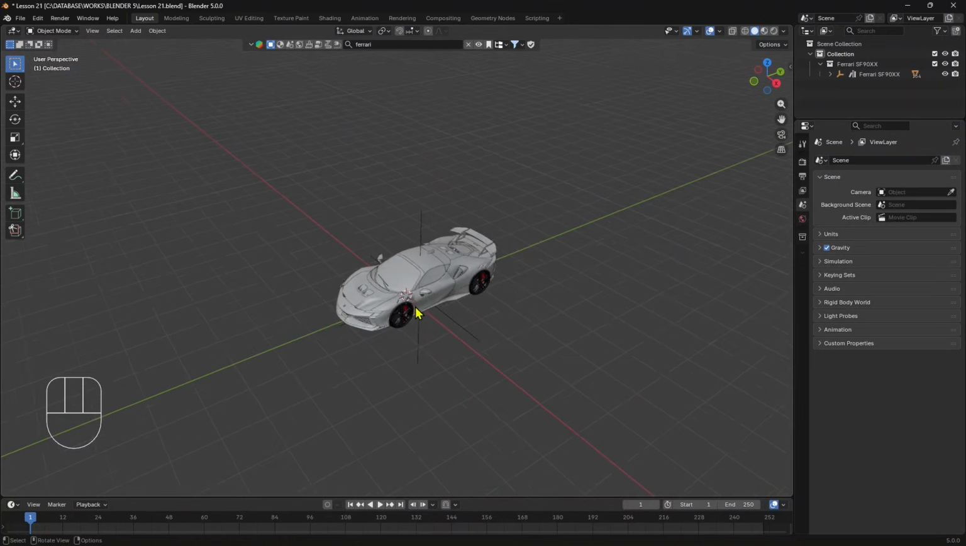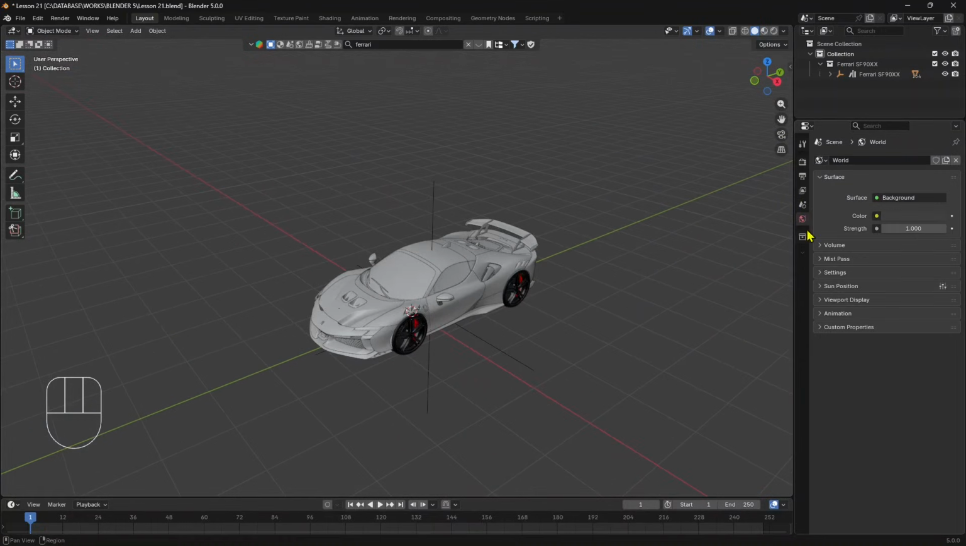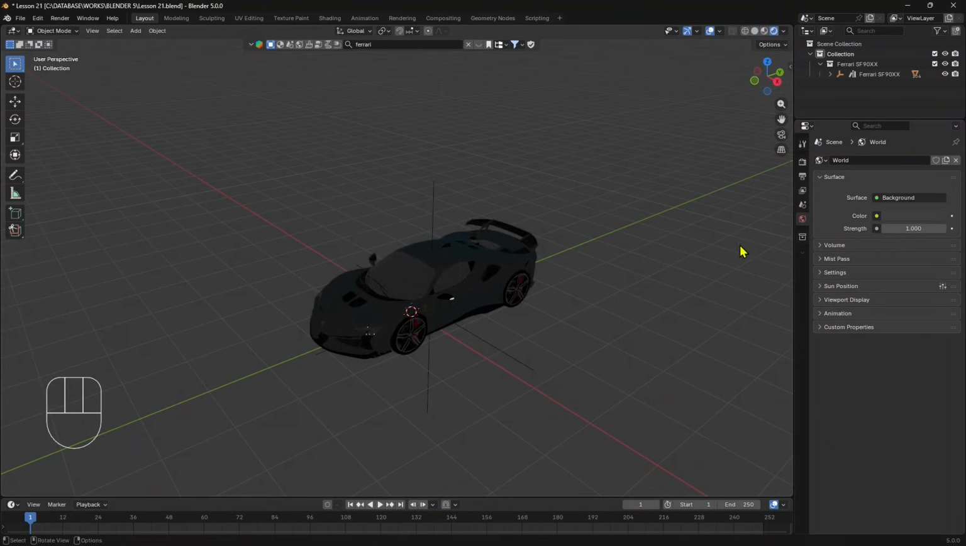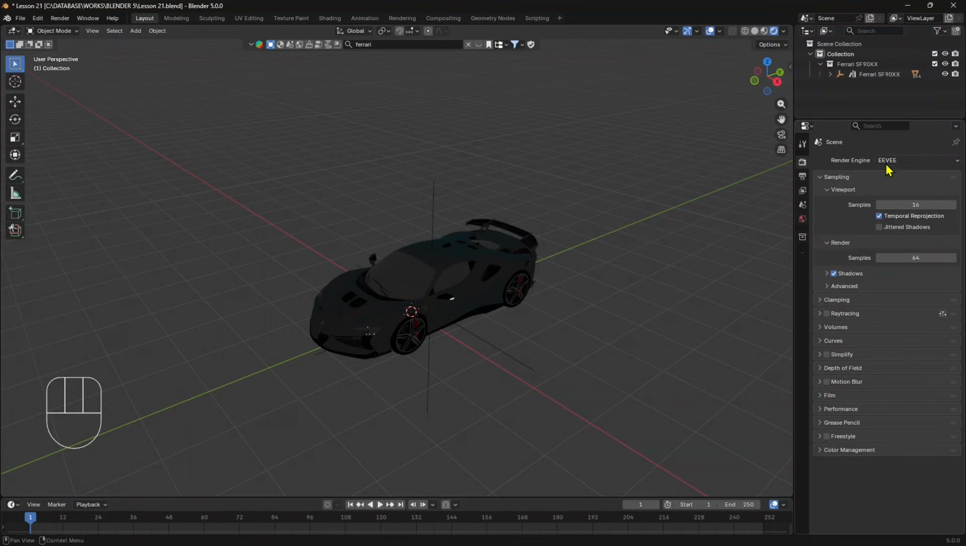There you go. For the environment, we're going to go to the world. And again, instead of using the gray color here, let's see what's happening if we render. There we go. And we also change the render engine to Cycles. And remember also to switch